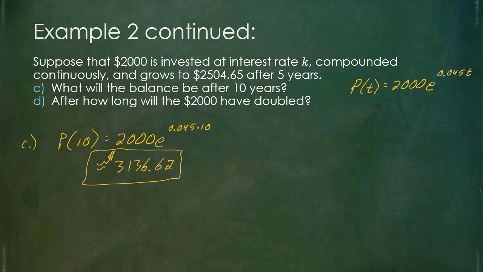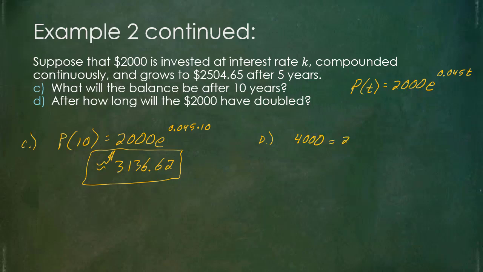So again, that would be an approximation just because I have done a little bit of rounding to make that happen, but technically we can't go beyond pennies anyway, so there we go. The next part is going to be how long will it take for that to double. So that kind of is in a way telling me that when it doubles it should be at 4,000,